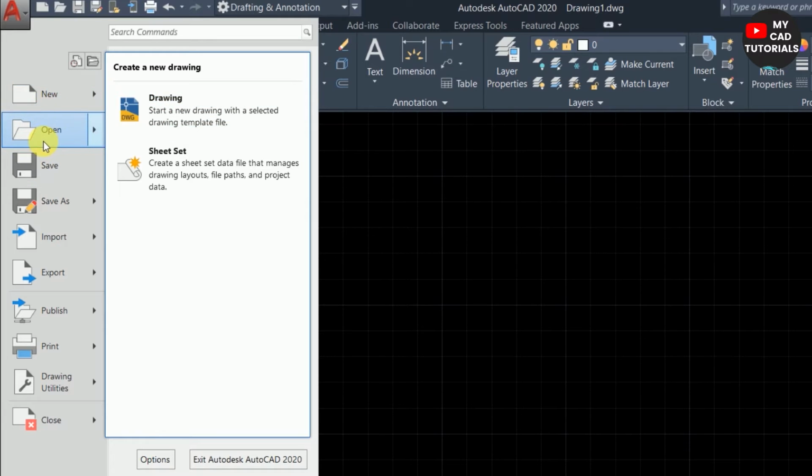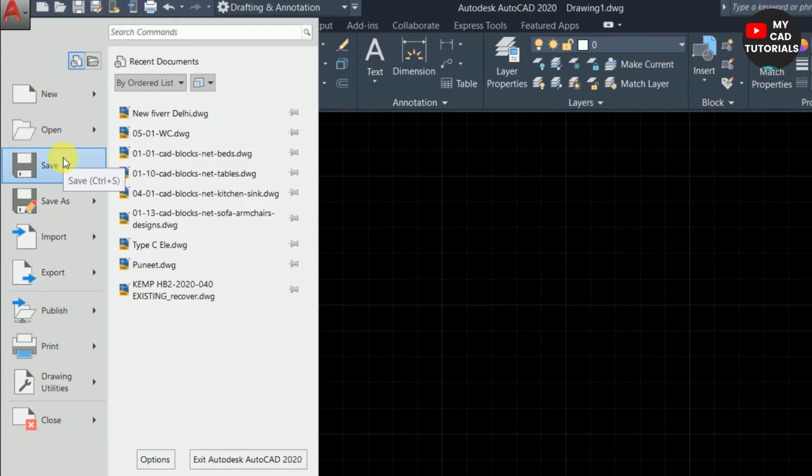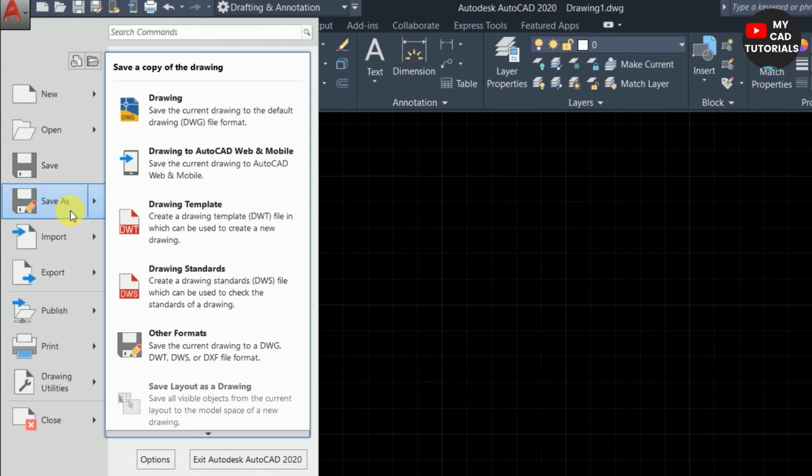Now the second option is open, that is used to open previously created drawings. You can also open previous files by clicking on open. Now the third option is save, that is used to save files, and the fourth option is save as, that is used to give the saving path. So by clicking on save as, you can give the path for saving the file. The next option is import.